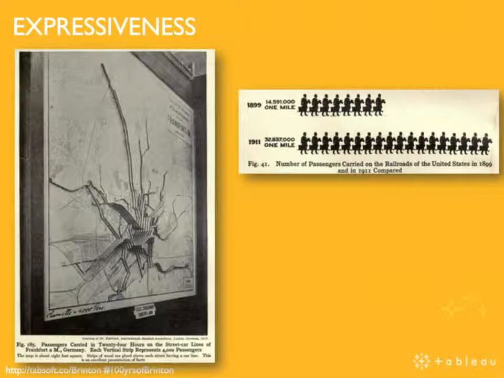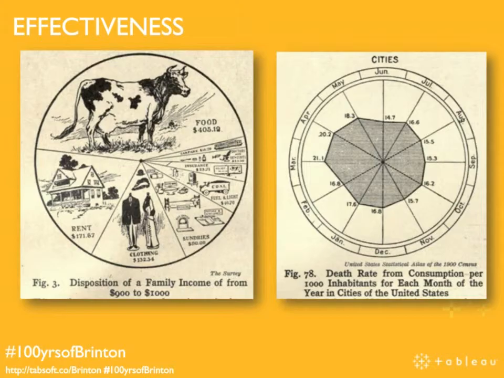Brinton also recognized and wanted to encourage expressiveness. Here are two examples, both of which we'll look at in a little while. One, a map showing transit volumes in Frankfurt, another showing the explosion of people on the railroad. Another contemporary issue, particularly if you live in the southeast of the UK. But we'll look at both of those later. But his prime motivation was, yes, you want to share, yes, you want to be expressive, but just like today, you want to be effective.